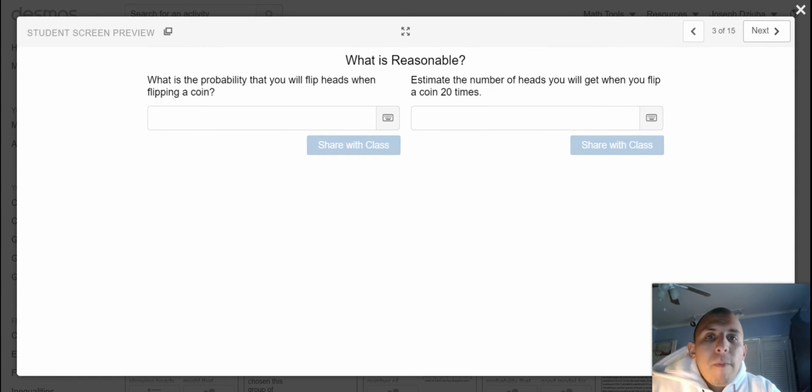All right. What is the probability that you will flip heads or land heads when flipping a coin? And estimate the number of heads you will get when you flip a coin 20 times. Share those two values with your classmates because